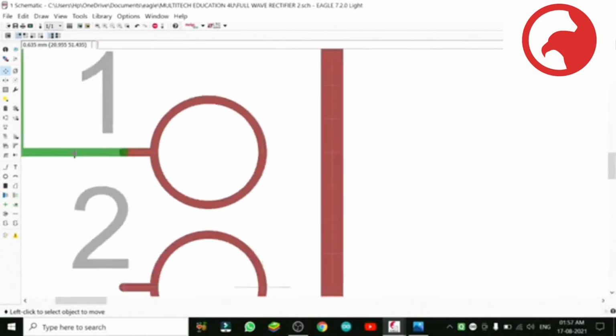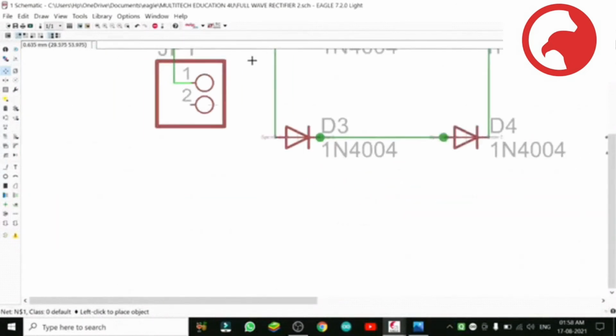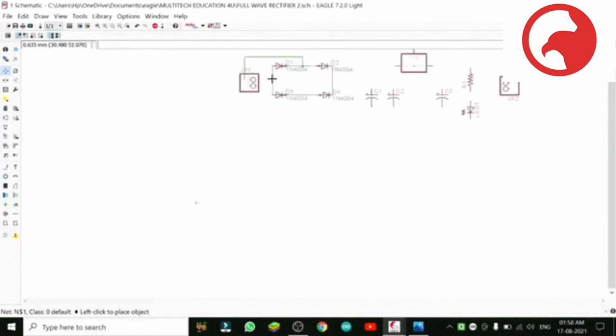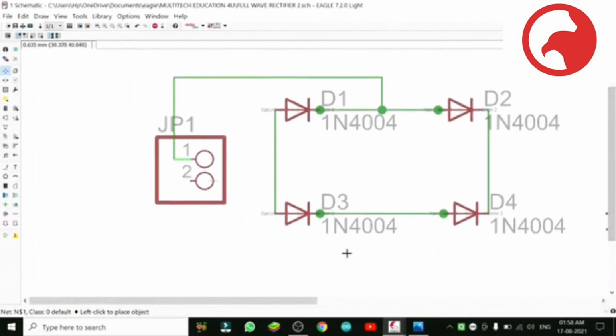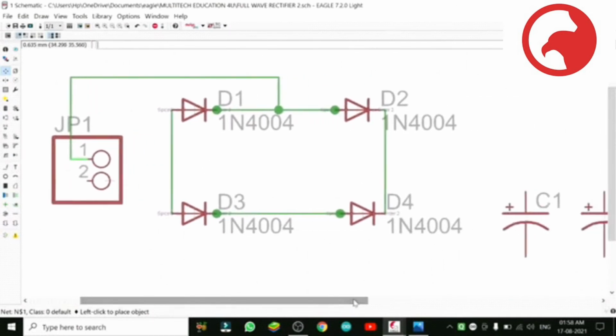See, at this age I am learning things and teaching you also. I made practice within 15 days. I started making the PCB, different types of designs. I chose 3-4 circuits and made my practice. So in 1 month I was a little bit perfect. Nobody is master. I am not master. Nobody is master in this world. Still there are a lot of things in this Eagle software to learn, for me also.